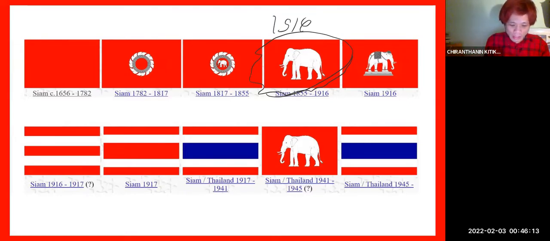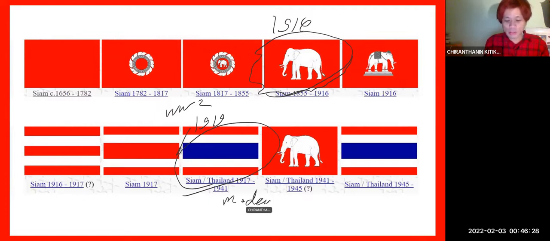And then after that, in 1919, this is the beginning of World War II. And then look at the national flag. This was changed through the period of time. We had to become a modern country. So this is the start of the modern era for Thailand. And as you can see, Thailand changed its name from Siam to Thailand back then. The colors used were primary colors, which represent the Bauhaus, the modern art, where we have to use primary colors to represent a modern state. So right now we use this kind of flag later on.